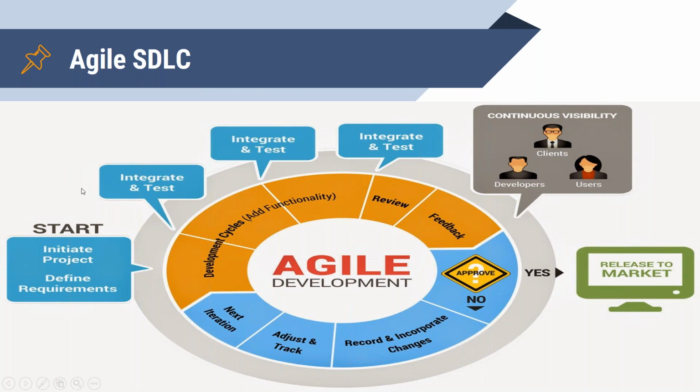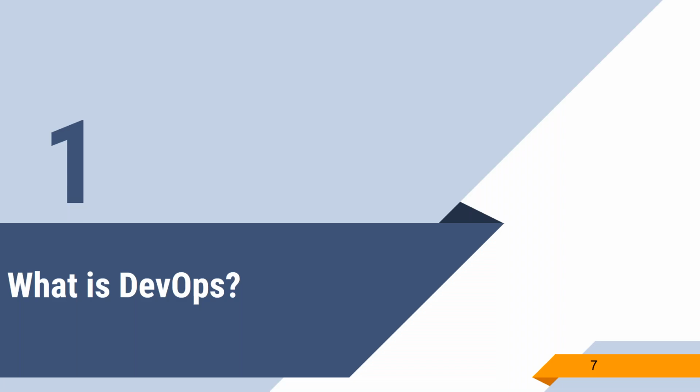In this cycle, the development will happen for 2 weeks, and then they will review the functionality and give feedback. If the customer, who is the product owner here, approves the requirements, it will go to deployment. If they do not approve the story, it will come to the next iteration, and they will do the same activity again.